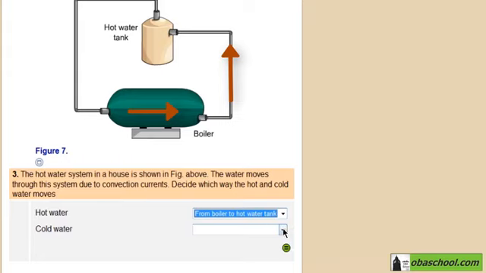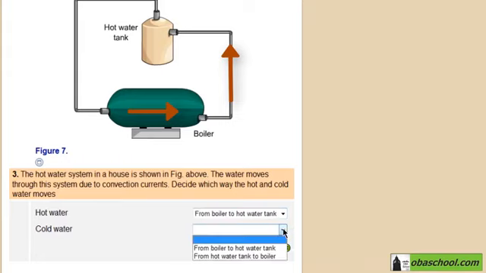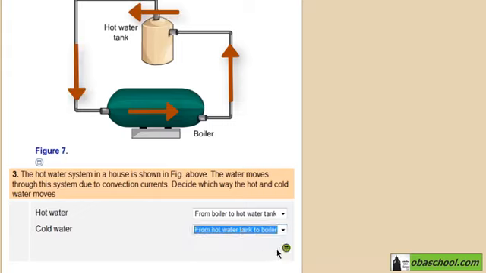And what's your answer for the cold water? Does it move from the boiler to the hot water tank or from the hot water tank to the boiler? Yes, it moves from the hot water tank to the boiler because it has greater density than the hot water, so it sinks. It moves to the boiler where it accumulates and it's heated, and then the cycle continues as we have discussed. So let's check these